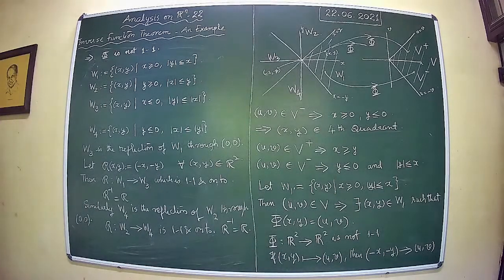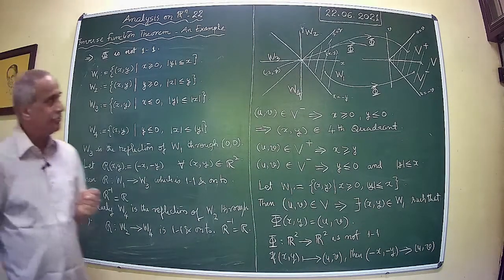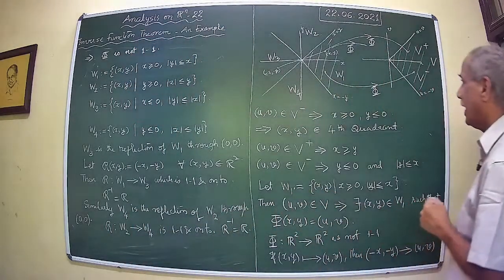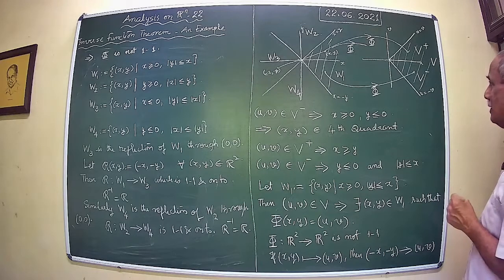And now what do you infer? You infer that given an element of W3